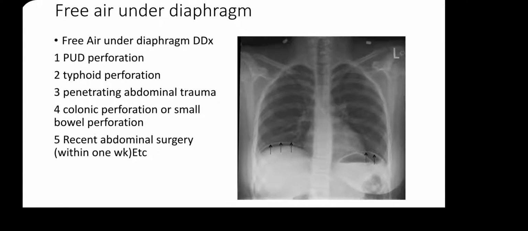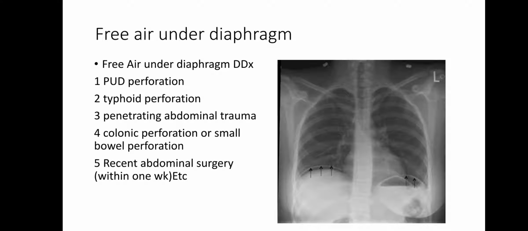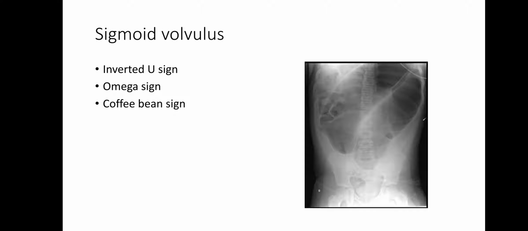Differential diagnosis for free air under diaphragm: perforated peptic ulcer disease, penetrating abdominal trauma, bowel perforation, recent abdominal surgery or laparotomy, etc. Sigmoid volvulus. Sigmoid volvulus is the most common cause of obstruction in Ethiopia, probably due to high-fiber diet